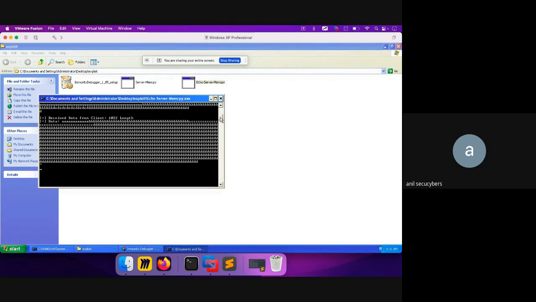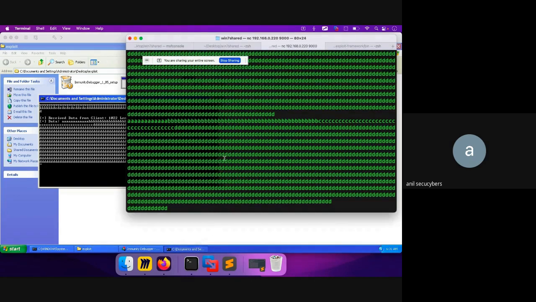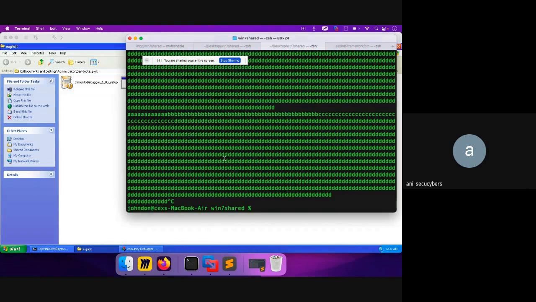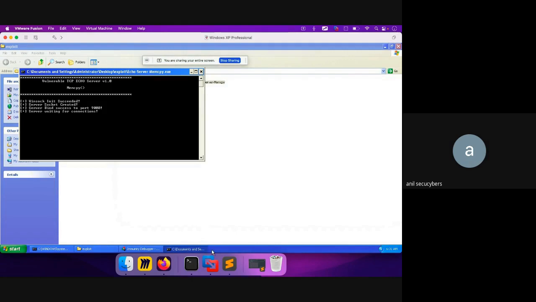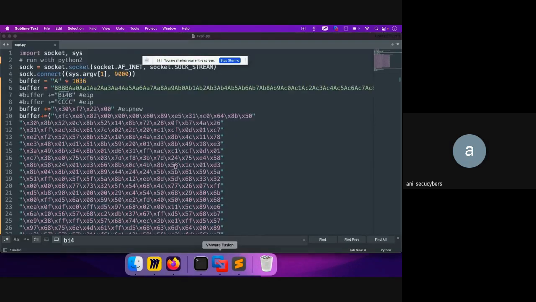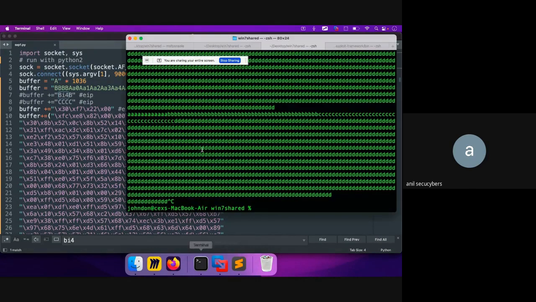Since NC is not allowing me to write bigger text, I will try to interact with this tool in a different way, rather than using NC. So let me do one thing. I will be doing something like this. I'll do Python